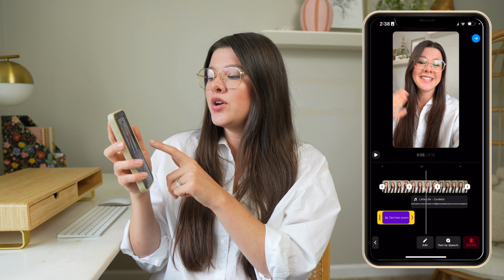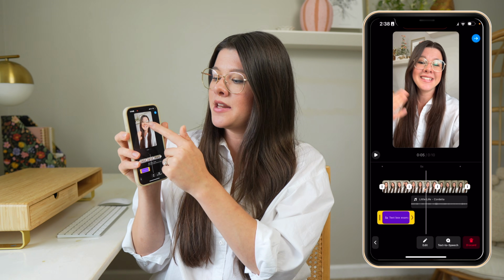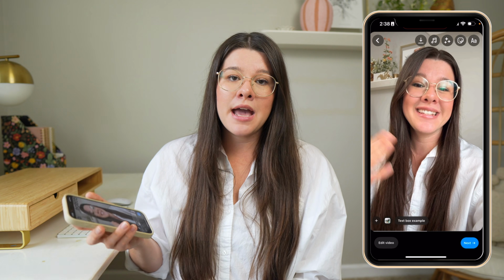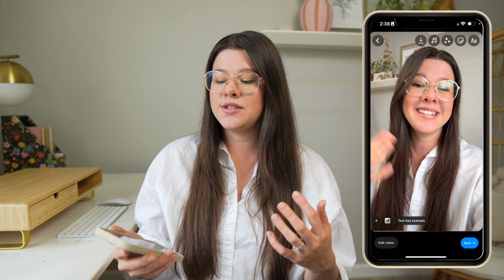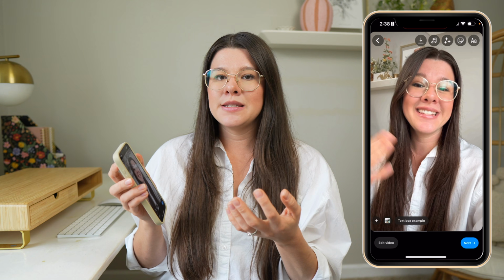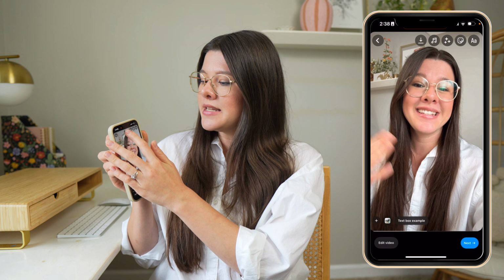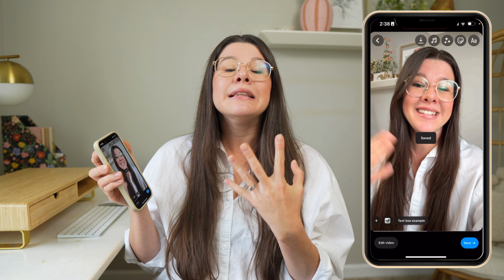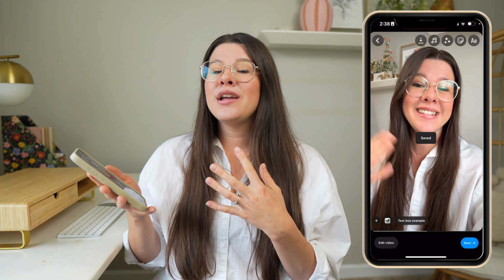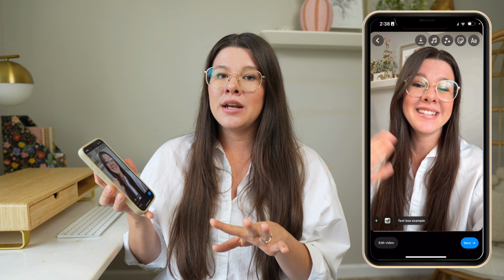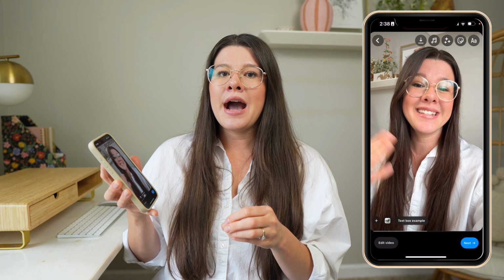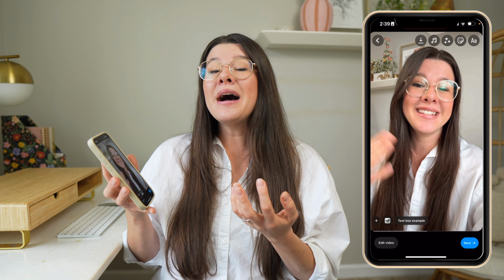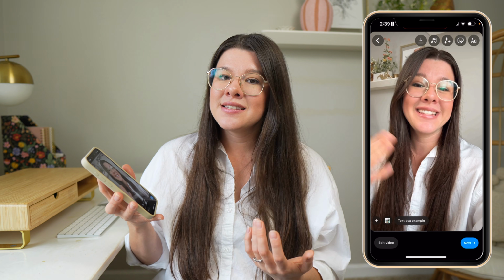Okay, and then if we go back, I'm gonna tap up here just where my video is to go back to that main area. One other thing that I really encourage my students to always do is, when you are done adding text boxes onto your reel, tap that downward arrow at the top, and even if you have to save it without the background audio, please do that, because it's going to make your life so much better when it comes to Reels drafts. You can save reels that you've created in your drafts, which I'll show you here in a second, but sometimes they glitch up and you can't access them,